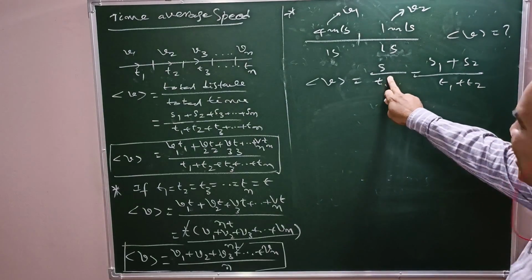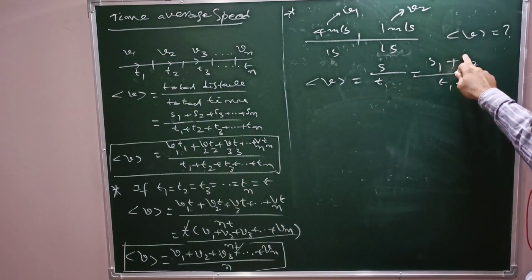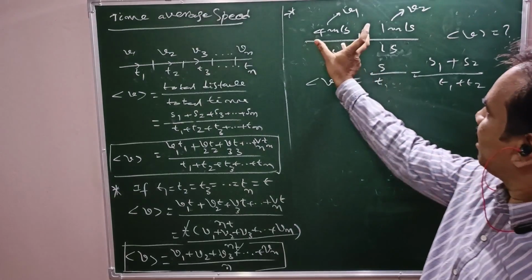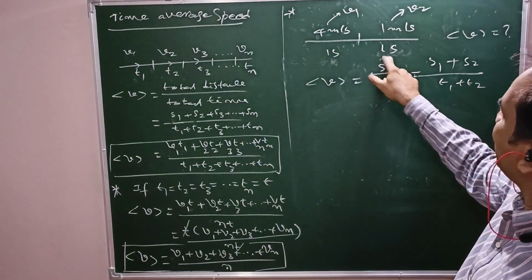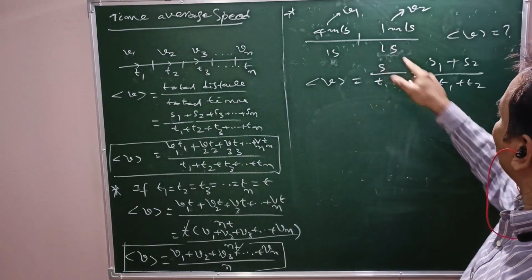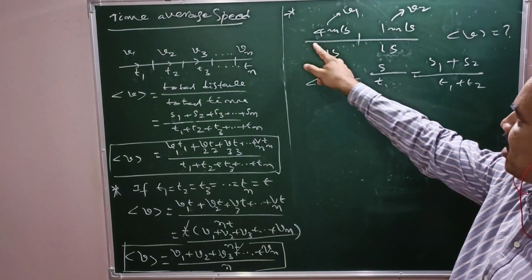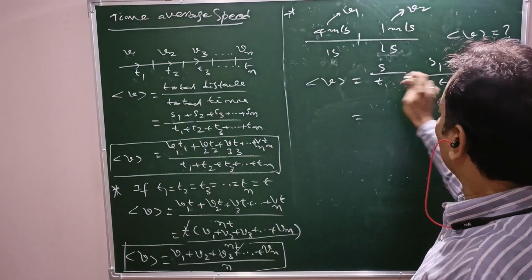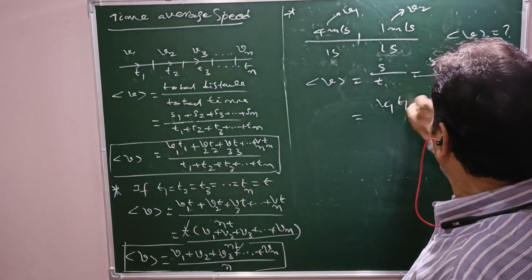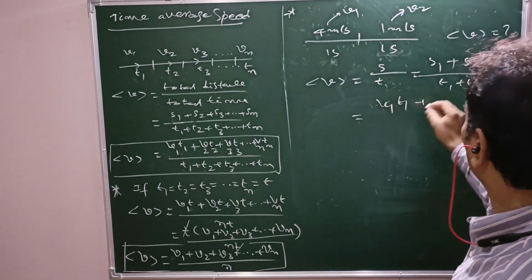Otherwise, total displacement by total time, that is S1 plus S2 by T1 plus T2. Here, this is S1, this is S2, this is T1, this is T2. We have only speed and time, but we don't have any information about distance. So therefore, distance means S1 means V1 into T1 plus S2 means V2 into T2